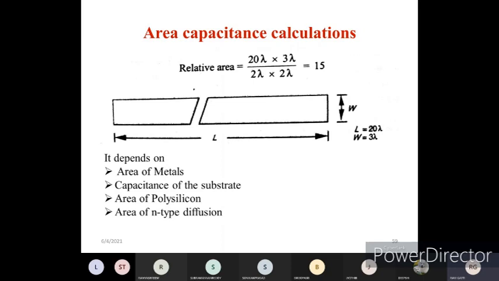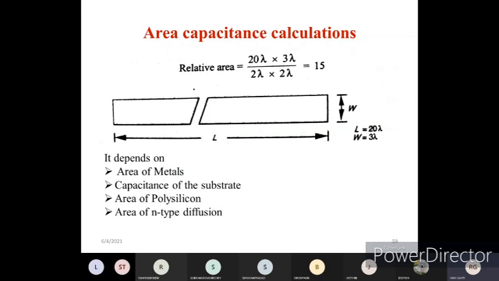For the standard gate area, we will be considering 2 lambda into 2 lambda. For the standard area, if it is 2 lambda into 2 lambda, then we are going to call it a unit of capacitance. When you want to calculate the unit of capacitance, we have calculated, for the 5 micrometer process, the capacitance value will be 4 into 10 power minus 4